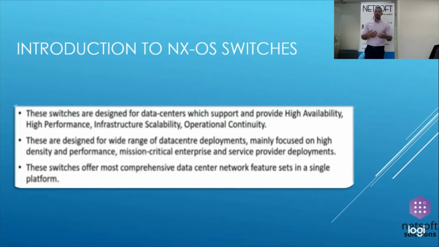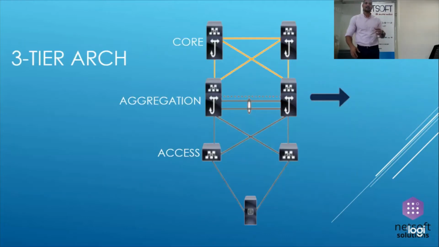So let's go into our next slide. In our next slide, I am going to discuss on the topic. I will compare three-tier architecture with the spine and leaf architecture. What are the challenges we have in three-tier architecture and how these challenges are addressed in your spine and leaf architecture. So when you see the three-tier architecture, it is divided into the three different levels: access level, aggregation level